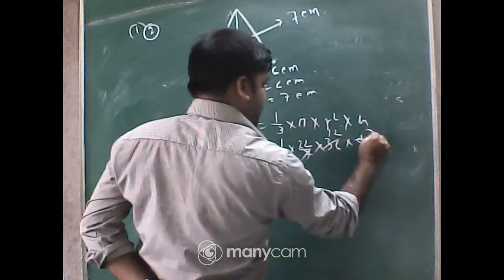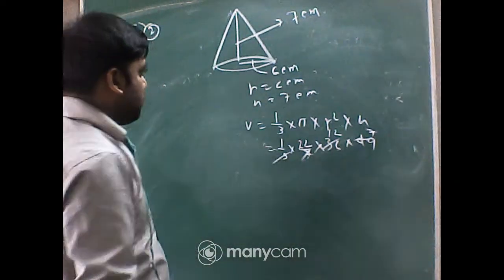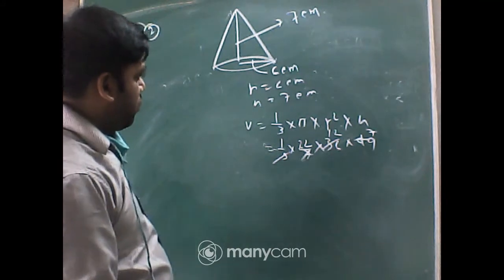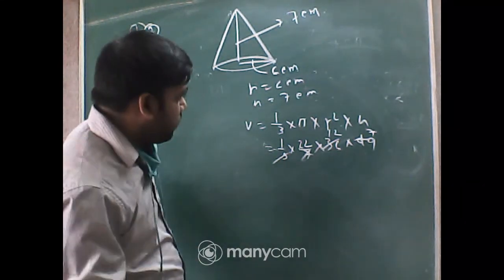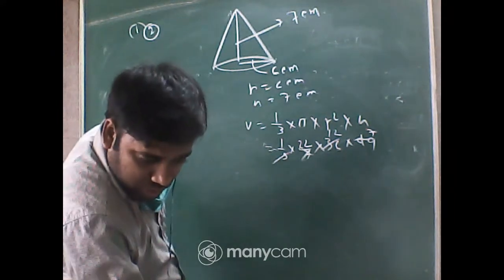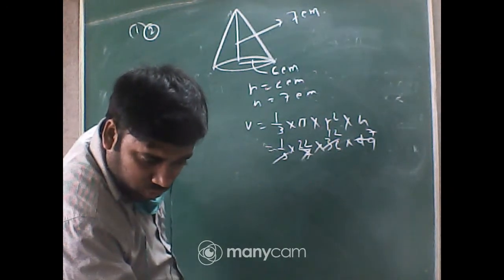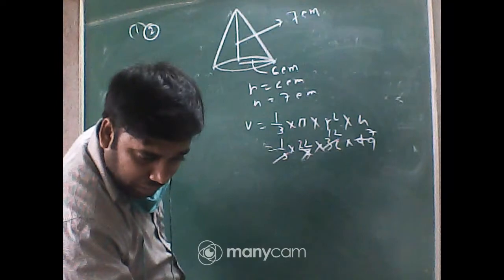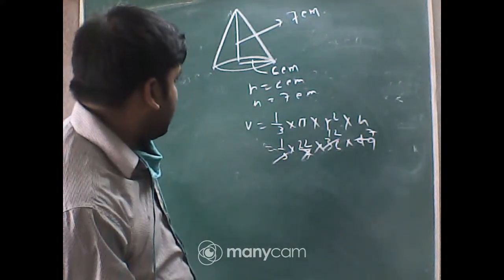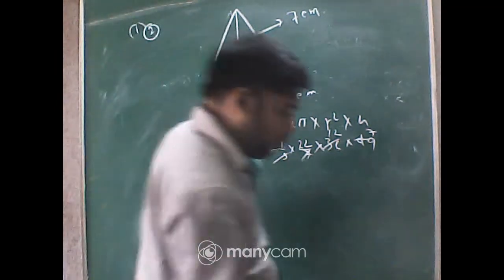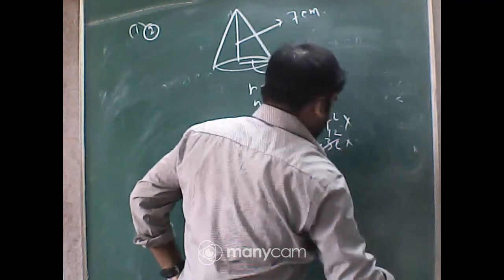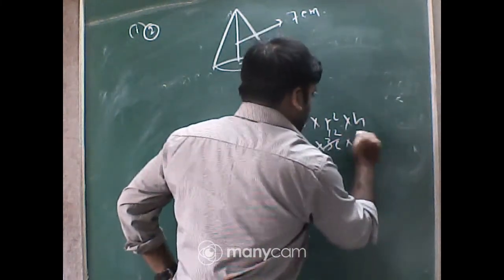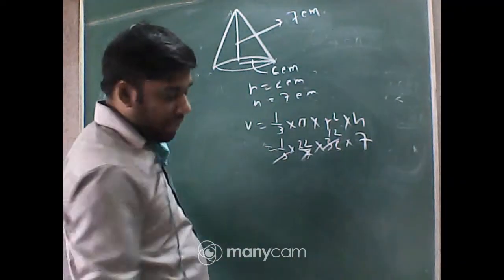12, 7, 7. Okay. So how have you got 264? Right circular cone, radius 6 centimeter and height 7 centimeter. Okay, sorry students, it will be 7 only. Okay, it will be 7 only.